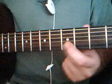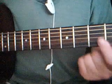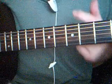Everything repeats the next string except 1 fret up. So instead of being in this fret, I move up to this fret and I start over. Okay, so how do we make this useful? Well, let's do the first